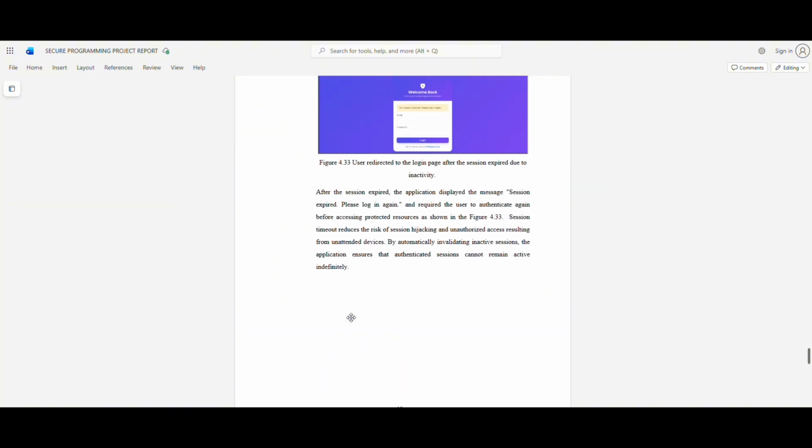So, overall, all the security tests produced the expected results. The implemented controls successfully mitigate common web application threats, including SQL injection, cross-site scripting, CSRF attacks, unauthorized access, parameter manipulation, session fixation,